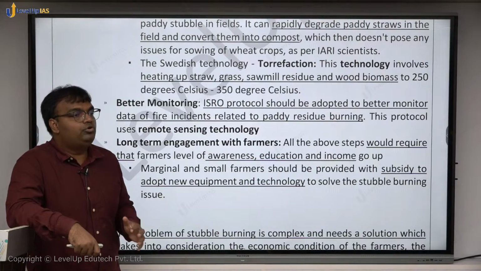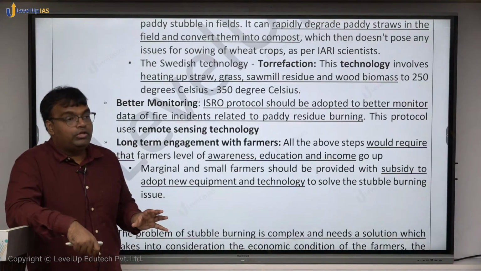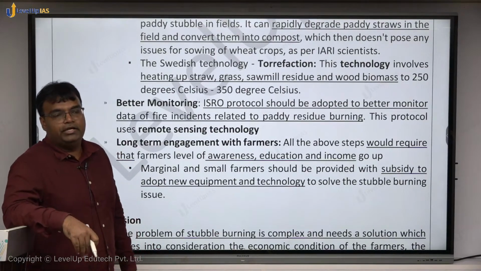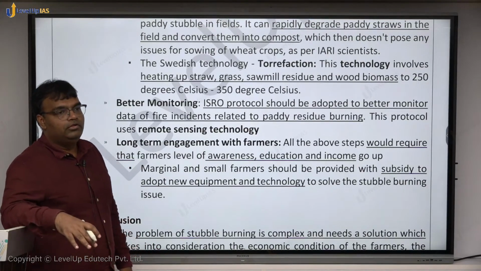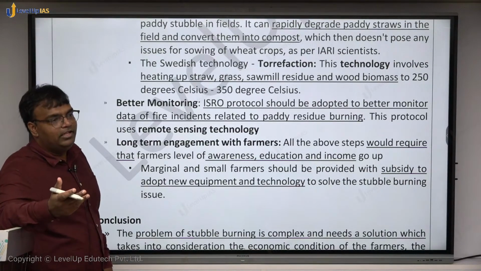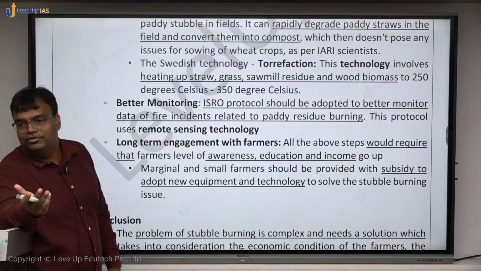Farmers are able to burn this because the police also allows this to happen. We have to understand that in an area where stubble burning is happening, the police station is also manned by people from that area, and they know that farmers do not have any option. They are also like,